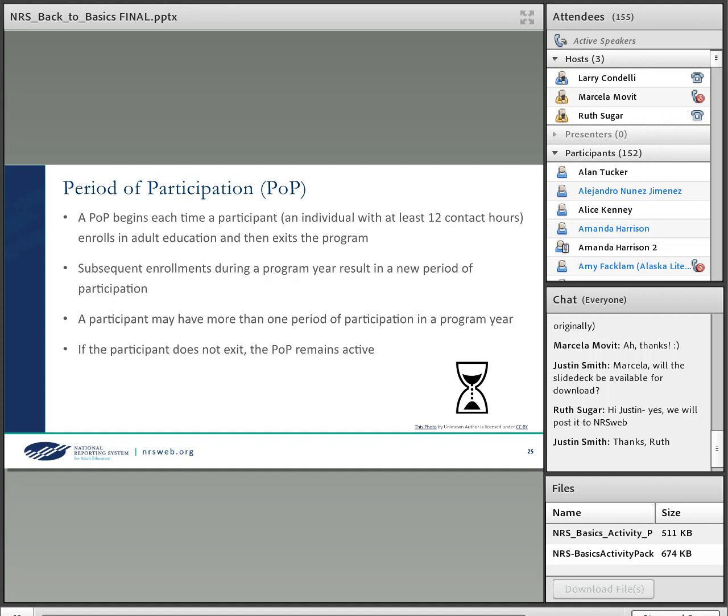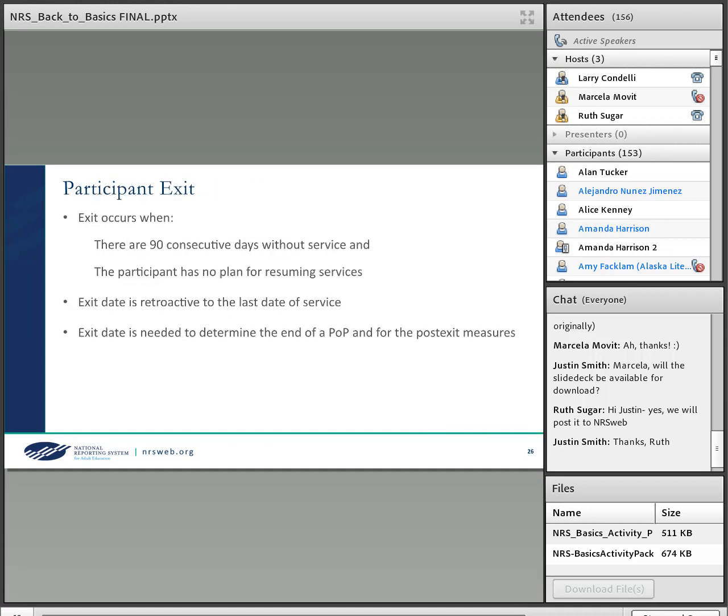Now, a participant remains a participant once they get those 12 hours until they exit, and an exit is defined as basically your service ends, the participant no longer receives services for 90 consecutive days, and they have no plan for resuming. So for example, if there's a semester break or term break of less than 90 days, or even more than 90 days really, if there's a break, like a summer break, the participant is intending to come back, that doesn't necessarily exit them. So it's 90 days with no services